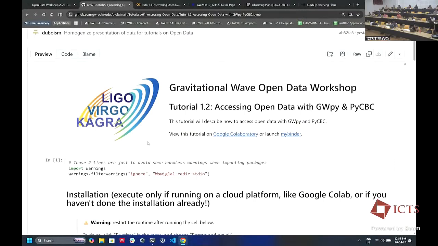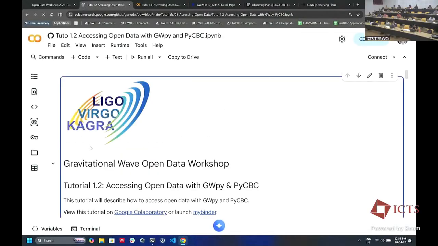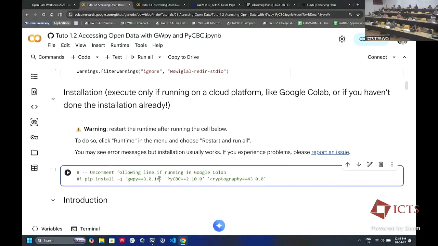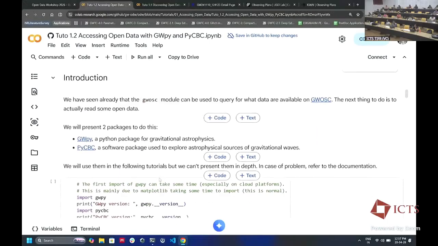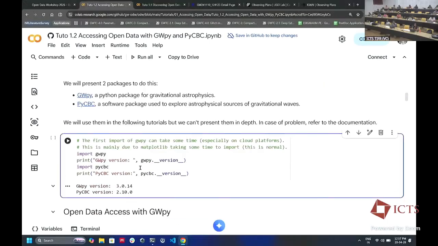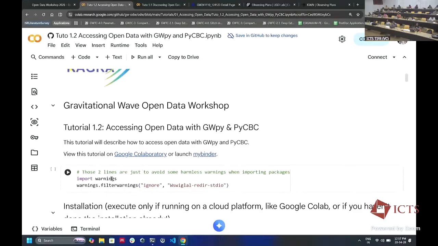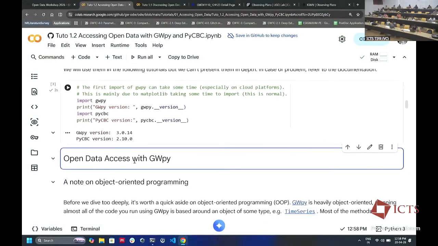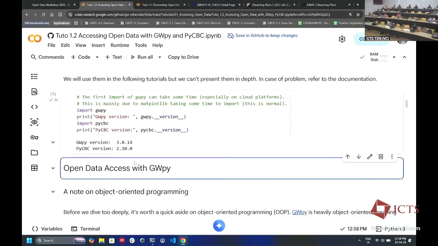Okay. Can people open this notebook in Google Colab and again do the first steps of installation and check whether they work? Okay. So please get to this point and let us know if you need any help. So show of cards. Anybody reach this point? Okay. I think most people are done.